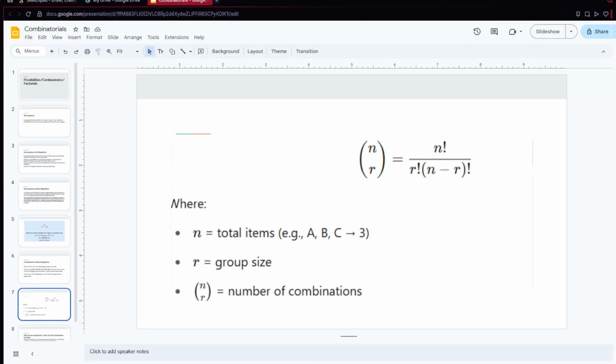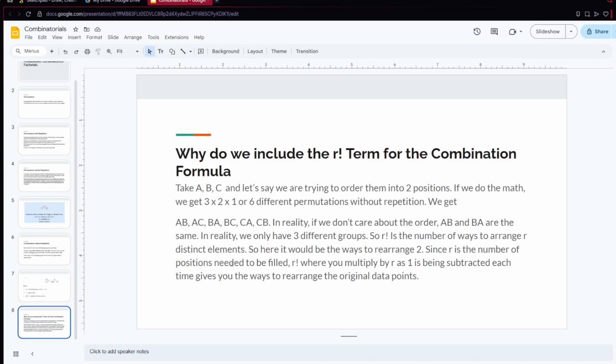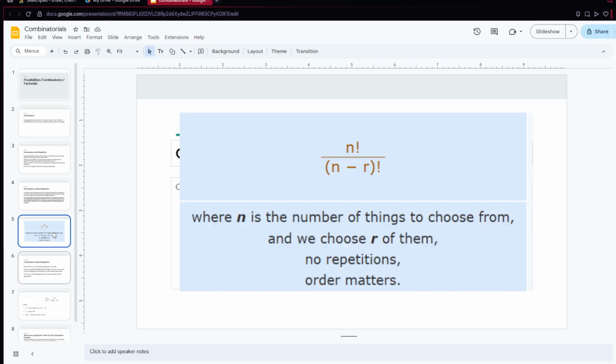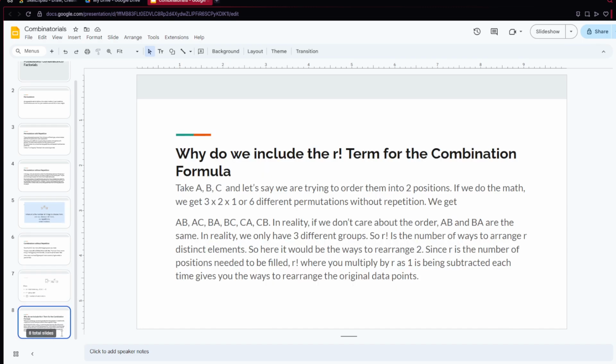So, yeah. So this is why we include the r factorial term. It's a little bit hard to understand, but it's just super hard to conceptualize. And yeah, I hope you can use this to understand what it is, but all the formulas are going to be left here, so